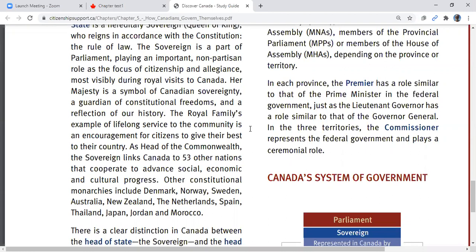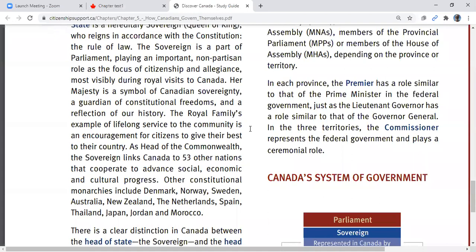And so what the Commonwealth does is they do trade, and then they share, they help each other with social things, and they do a lot of things together. They have sports, like they have the Olympics. There's also a thing called the Commonwealth Games, where all the countries in the Commonwealth compete in sports. Yeah, so there's many ways they work together. And the Queen is the head of the Commonwealth.